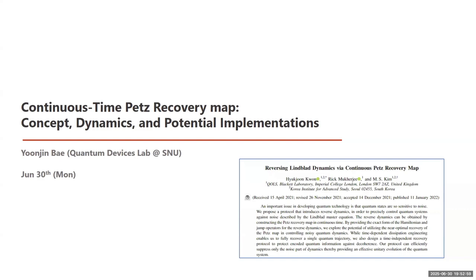Yoonjin is a senior at the Department of Physics and Astronomy at SNU and President of SQRT, SNU Quantum Research Team, since August 2024. From December 2023 to May 2024, she was an undergraduate intern in the Laboratory for Integrated Quantum Systems, led by Professor Do-Hoon Kim, and currently an undergraduate intern in the Quantum Device Lab led by Professor Eun-Jong Kim since August 2024. Her main research interest is superconducting qubit implementation and quantum error correction.